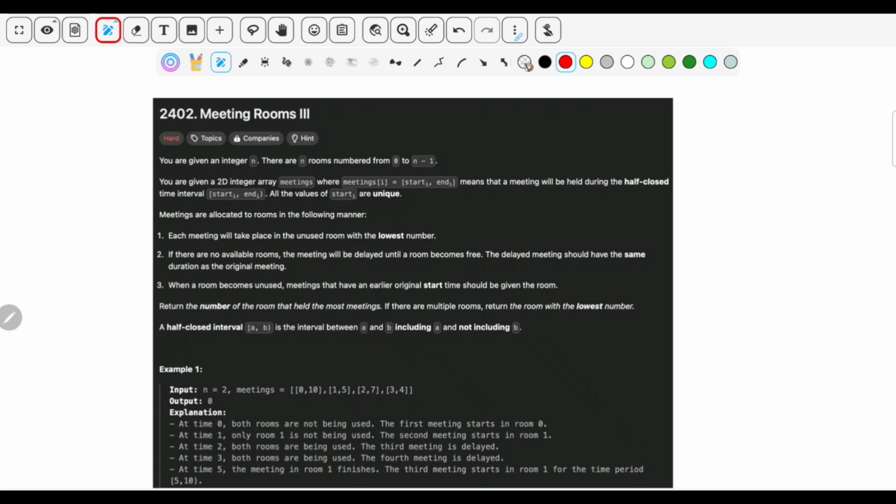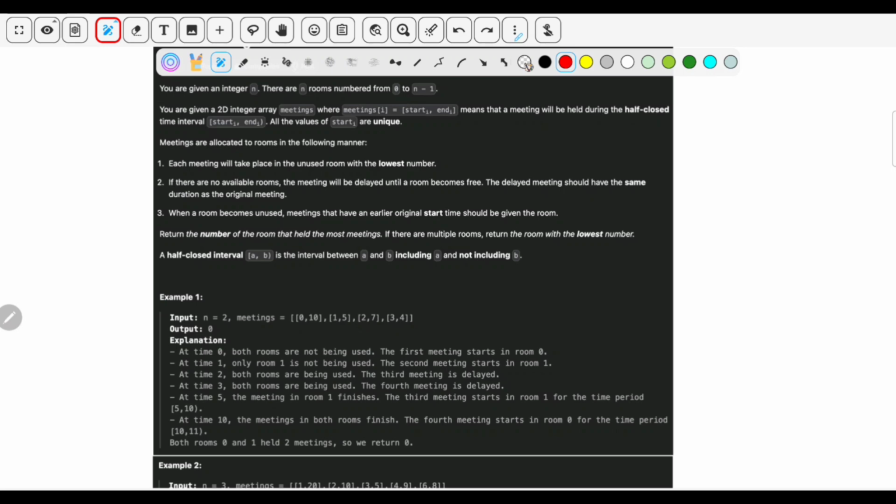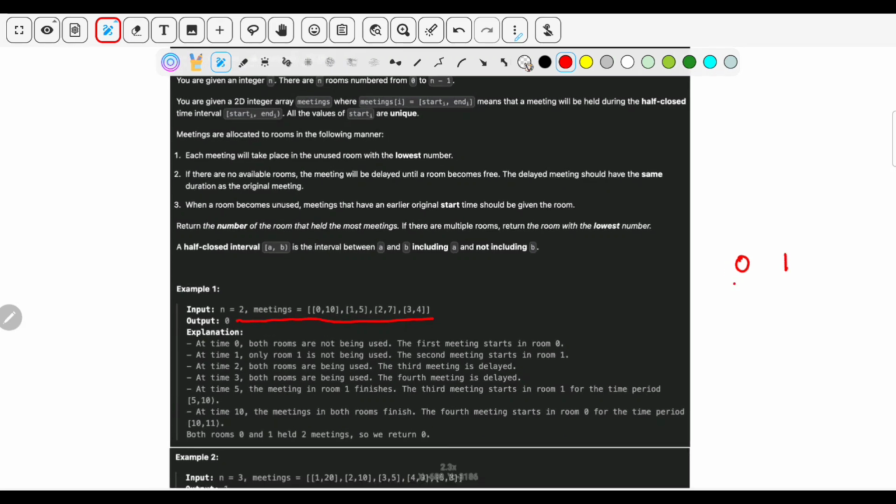So let's try the example given in the problem statement itself, which is n equal to 2, and we've been given the meetings array. Now these meetings have already been sorted by their start time. So we have rooms 0 and 1. Now we pick the first meeting [0, 10]. Room 0 is empty, so we'll pick 0 and we'll update the next availability to 10